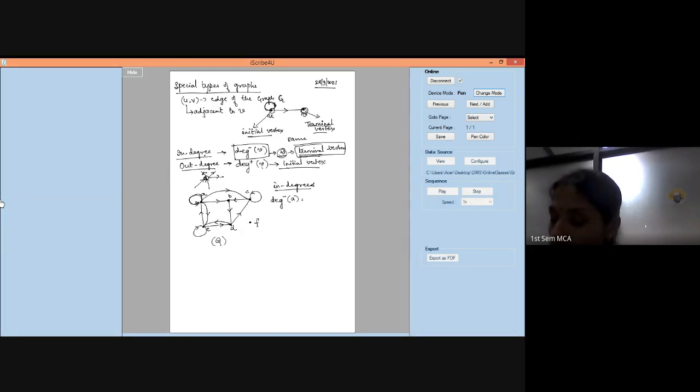So that is 1, and then from E you have one edge, and that's all. So the in degree of A is 2. Can we go ahead like that for all the vertices quickly?